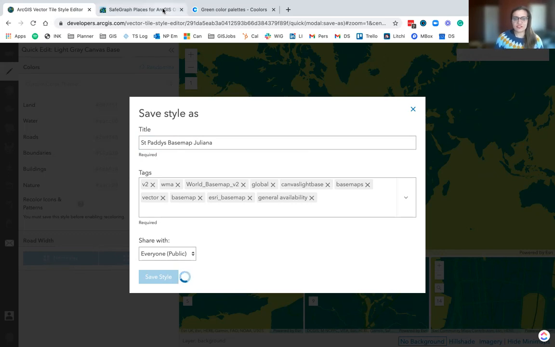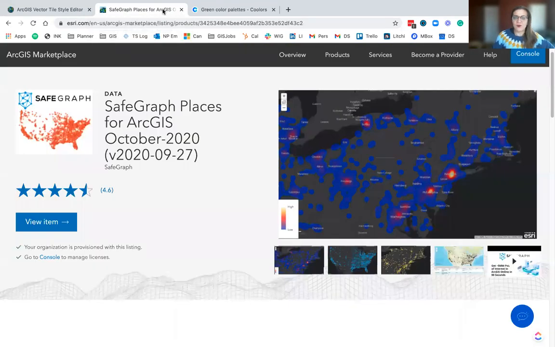So the next thing that we want to do is get data for our map. I personally love this data source from SafeGraph, and they have a data set of points of interest in the United States that is free for you to use. Now, you access it a little bit differently than some other data sources. You have to go to